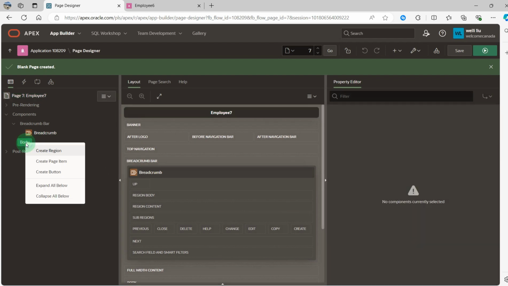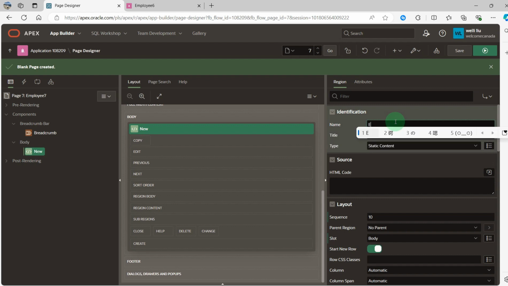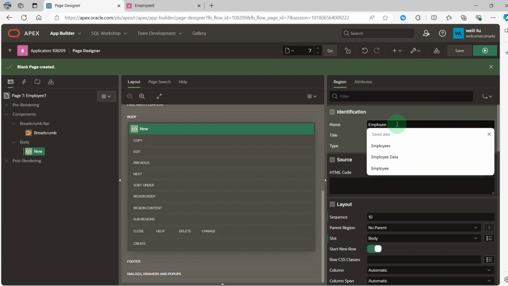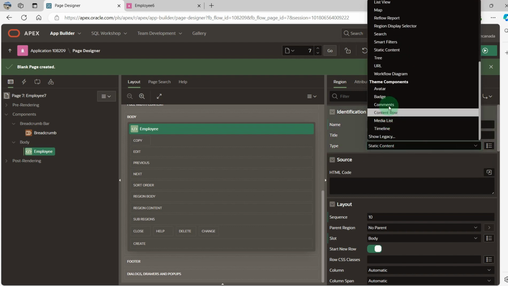In this page I create a region and name it. For the type, I select